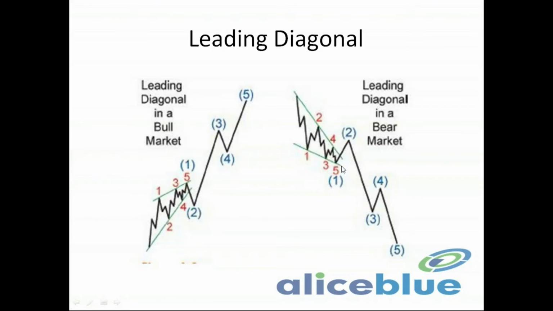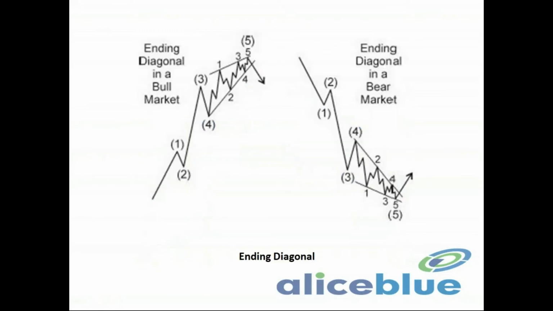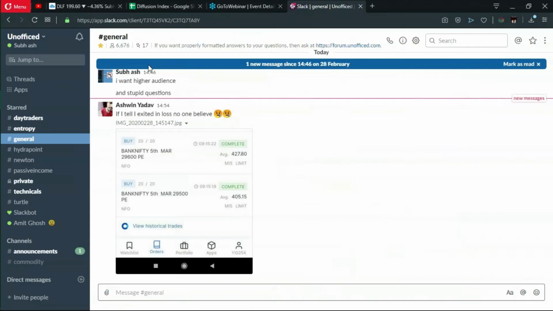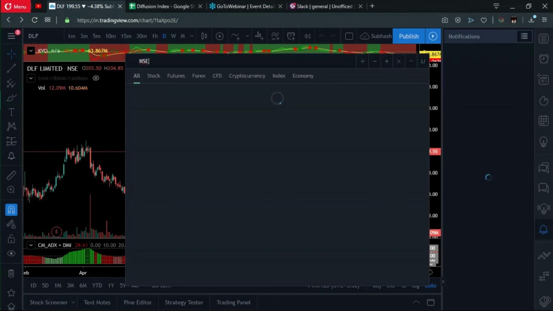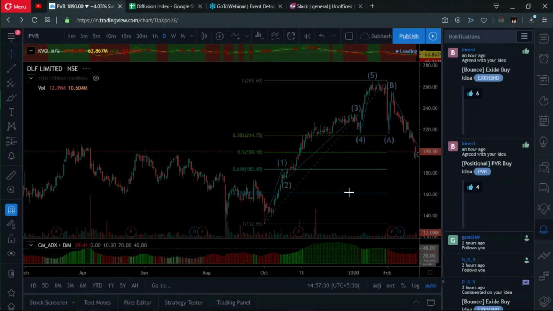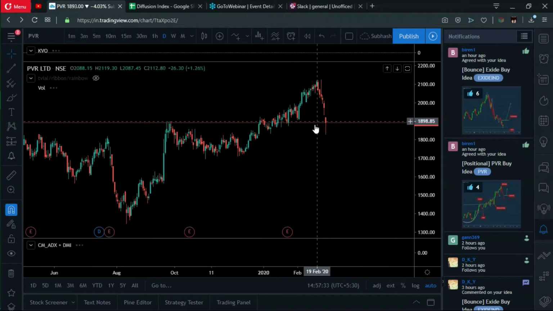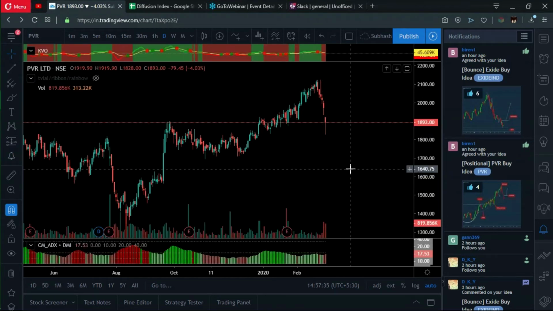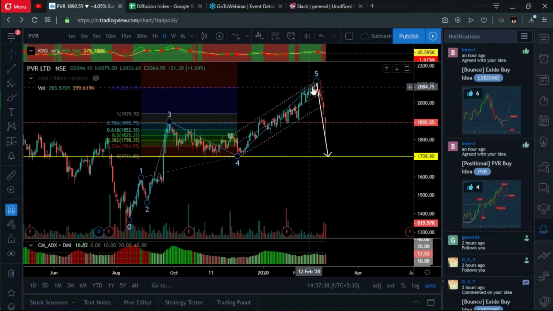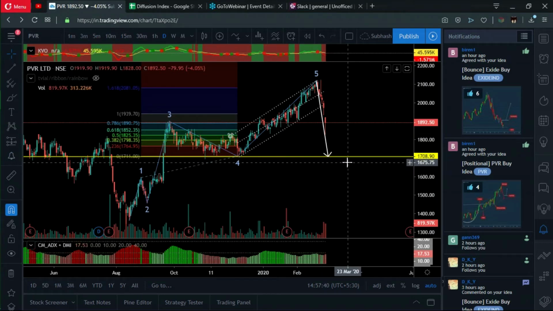Right, today if you see PVR, wait, let me tell you that. That was the leading diagonal, and PVR today was an ending diagonal. It's just expanding or ending. Wait, let me see. This, right? This one is